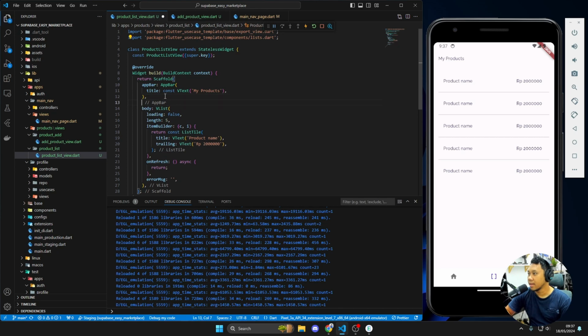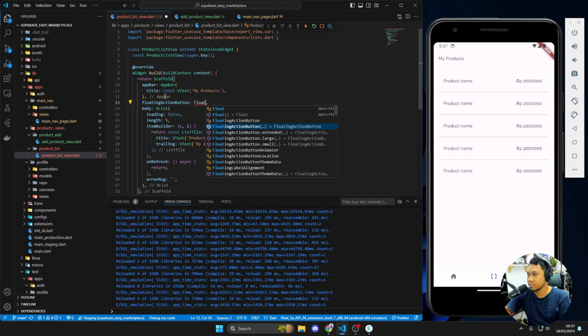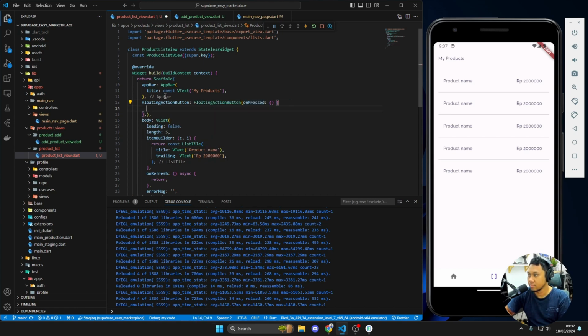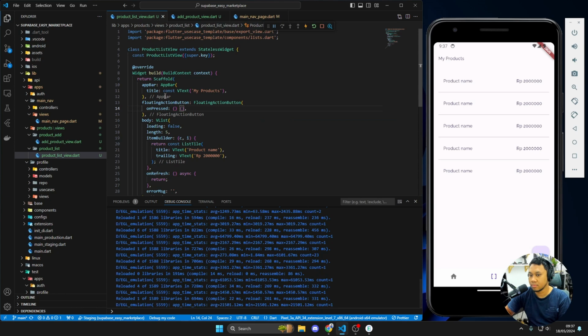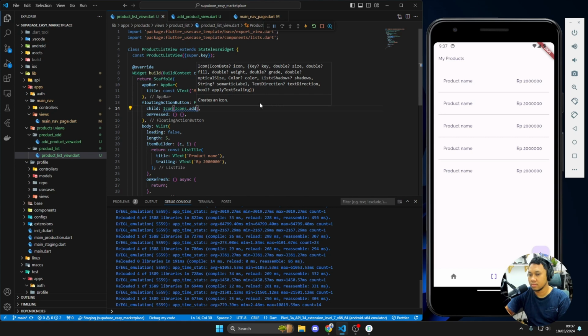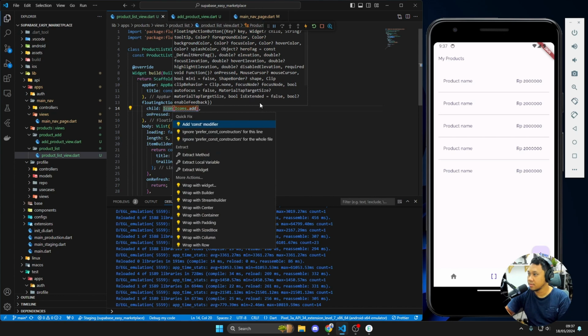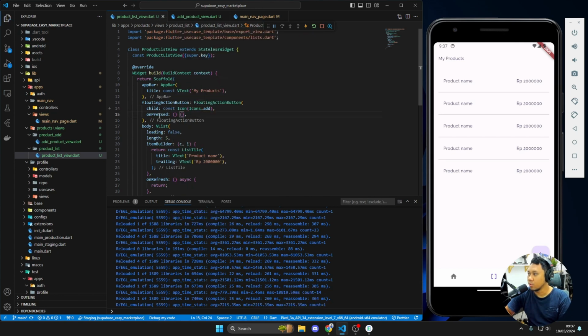And then we'll add some floating action button. That one, that purple one. Child is icons.add. Right, so we have the add button. And then when on pressed, we'll go into the add product view. So here we have to